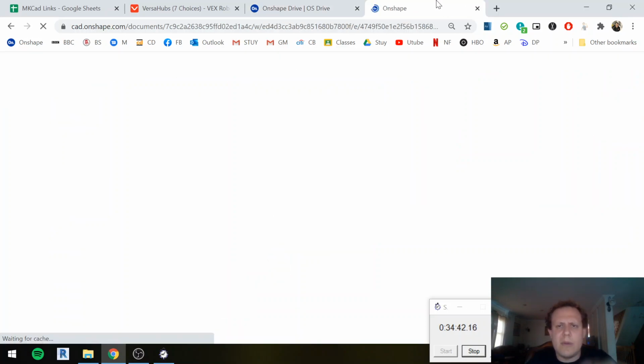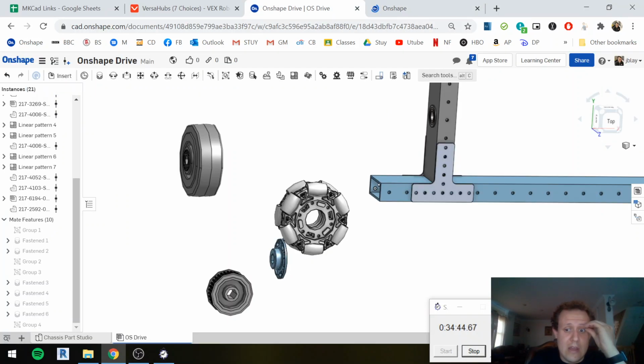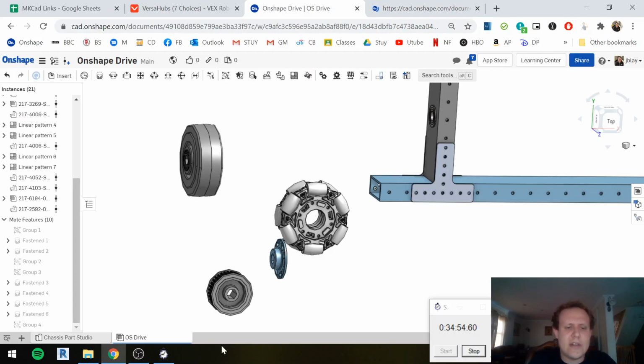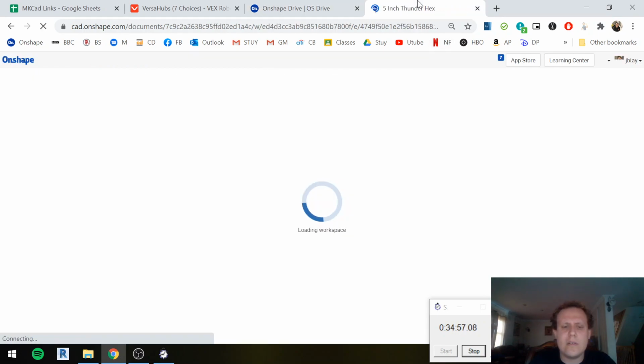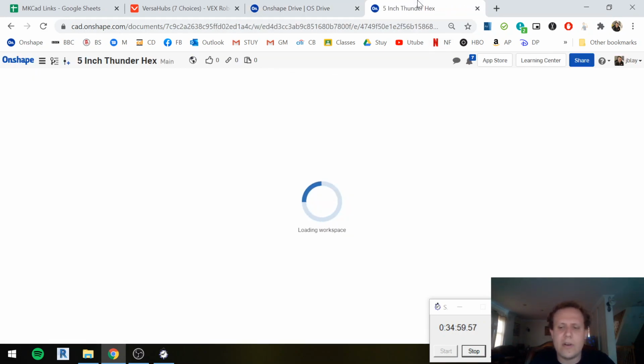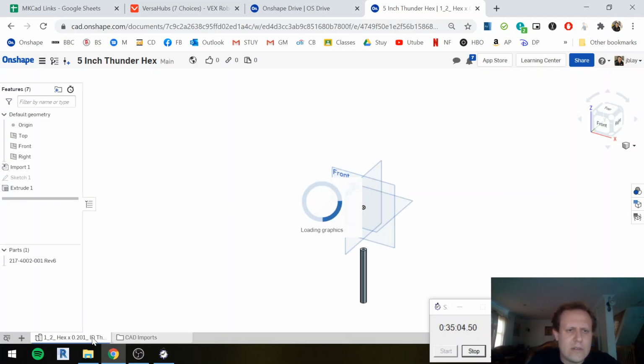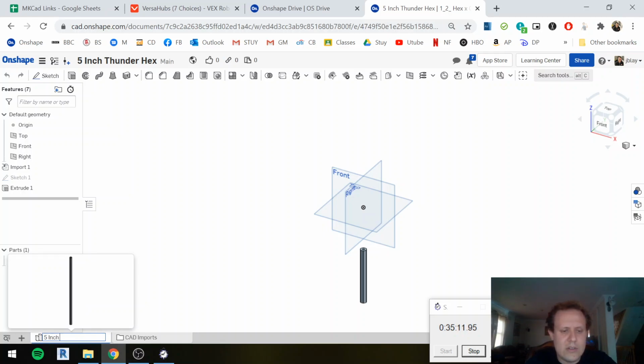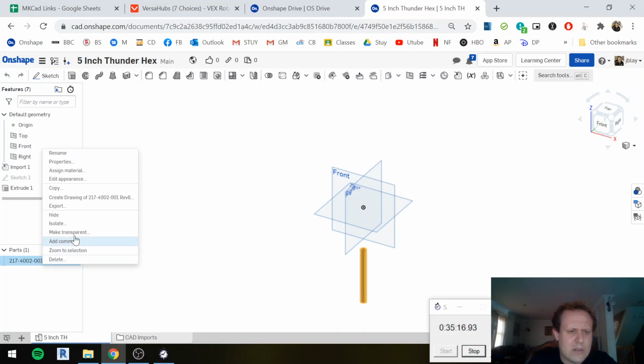Actually, you know what I want to do? Since it's a new part, I want to have it in my DriveTrain folder before I put it in there, because it's not something I imported. It's something I actually edited. So I want to actually have it down here. So I'm going to paste it over, and this is a good time to show how that works. Oh, I renamed the whole thing 5-inch thunder hex. I didn't rename the part and all this stuff. 5-inch TH. And rename this